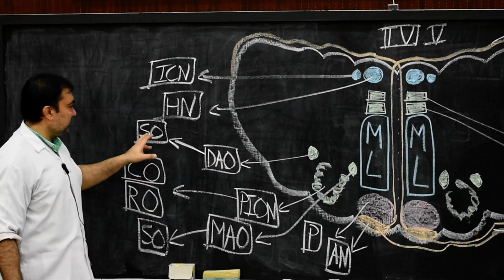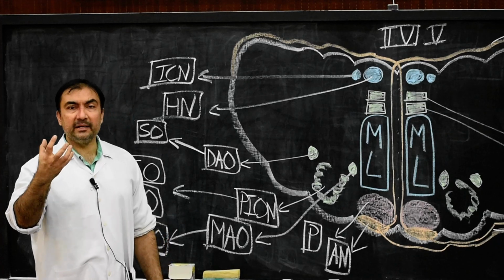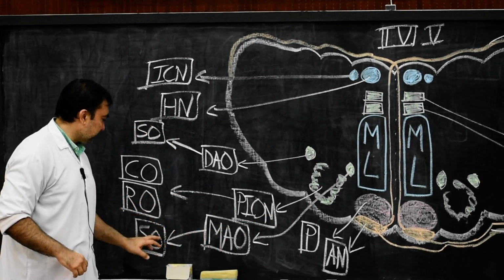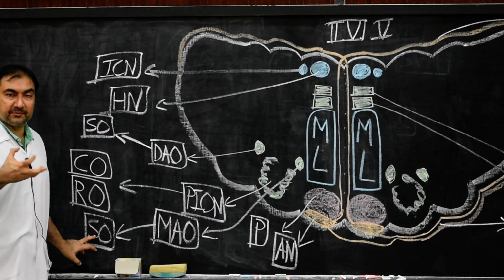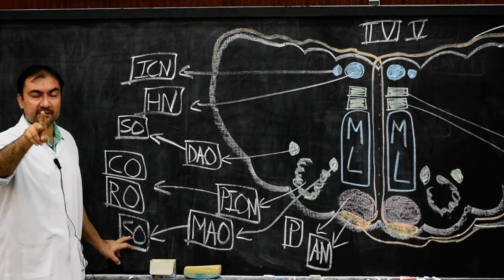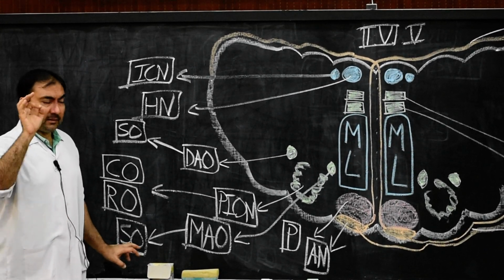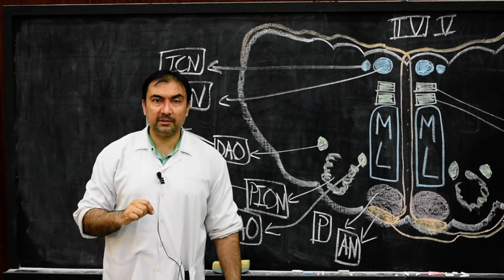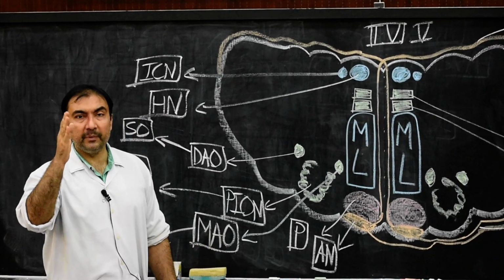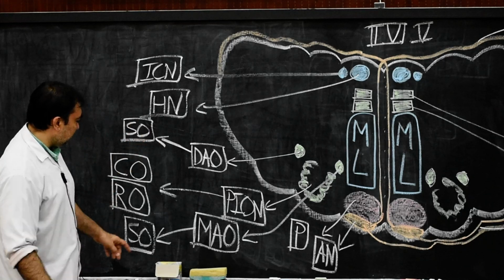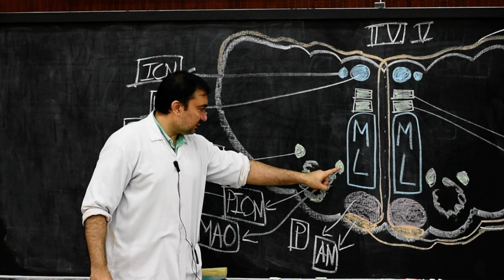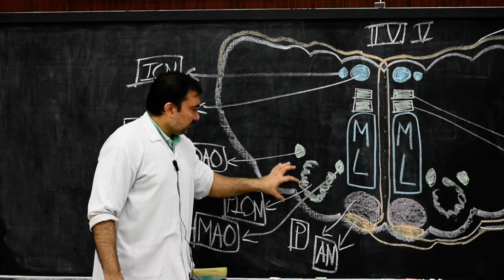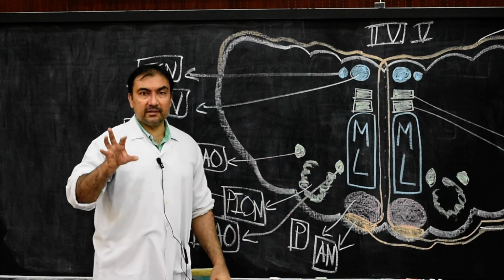Then we come to the dorsal accessory olivary nucleus. It will receive fibers from the spinal cord, the spino-olivary tract. Also, the medial accessory olivary nucleus will receive fibers from the spinal cord, the same spino-olivary tract. So the spino-olivary tract relates to both accessory olivary nuclei. The medial accessory olivary nucleus will also receive one more important pattern of fibers coming from the periaqueductal region of the midbrain, where they relay in the accessory olivary nucleus.